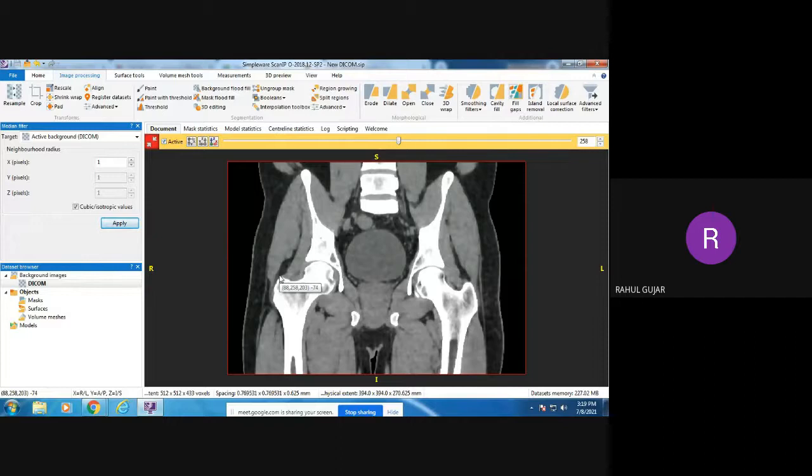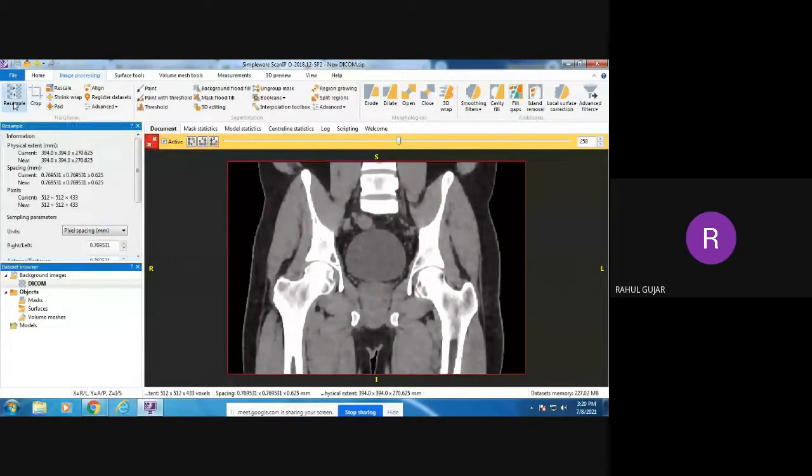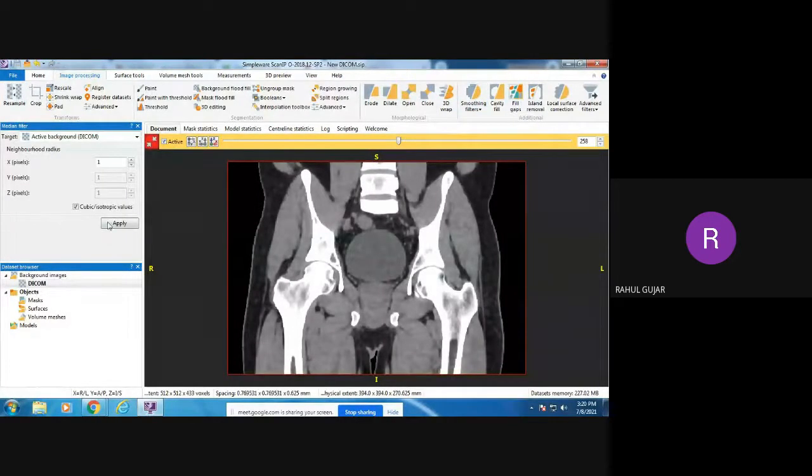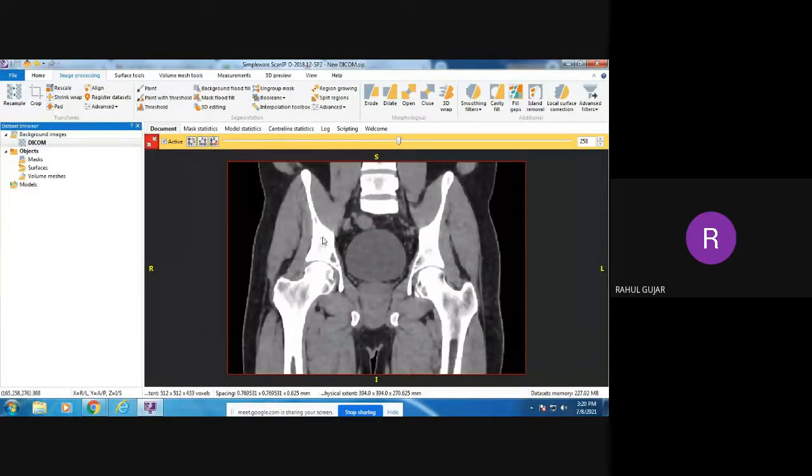If you are not able to set the protocols which I have shown, then you can still convert that image into a very appropriate form by using the median filter and some other tool like Resample. Resample also works in a similar way to the median filter. So by using it, we have just converted that image by reducing the noise of it. Then we will go on to the threshold option.